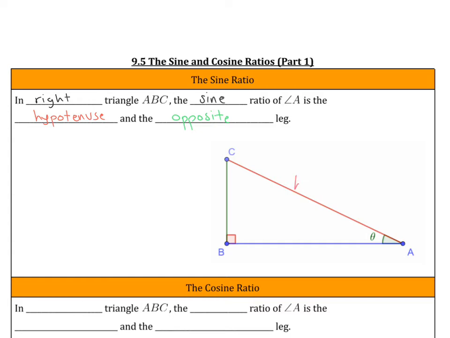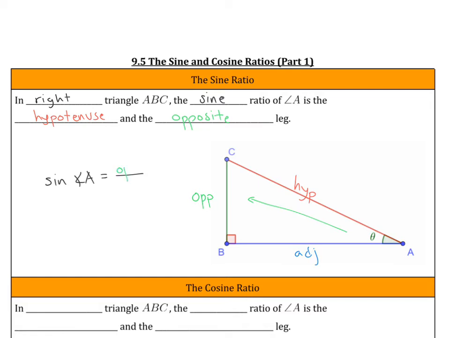Side CA is our hypotenuse. The side that is directly opposite of angle theta, or angle A, is going to be my opposite leg. And last but not least, BA is my adjacent leg. So, as an equation, the sine ratio looks like this. We say sine, but we abbreviate it to SIN. Sine of angle A is equal to